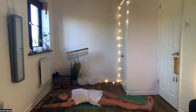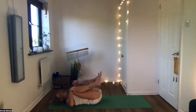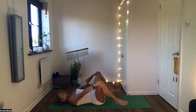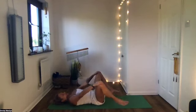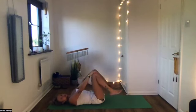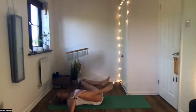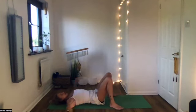Good, so from here, we'll bring the knees into the chest. So you've got one hand on top of each knee. And just use your hands to create some big circles around here. So draw the knees slowly out, round and back together. Good. So see if you can use your hands to do most of the movement here and your leg muscles stay quite relaxed. And then feet come to the floor now, about mat distance apart, arms out to the sides,